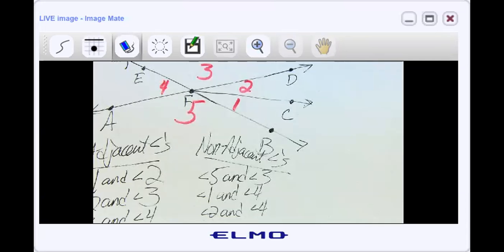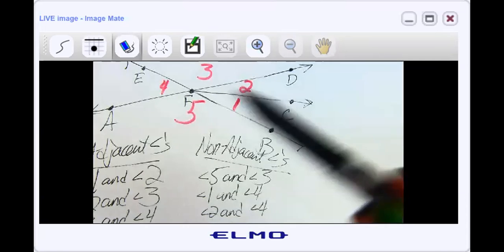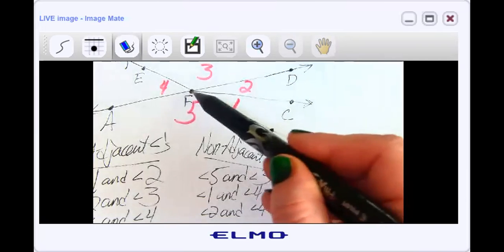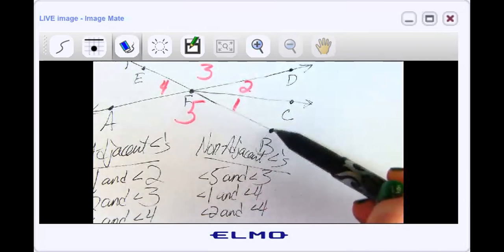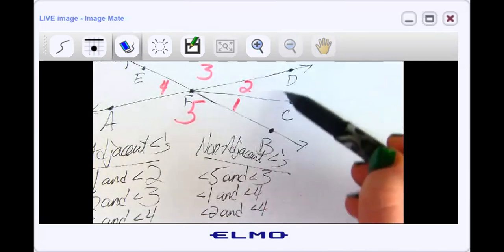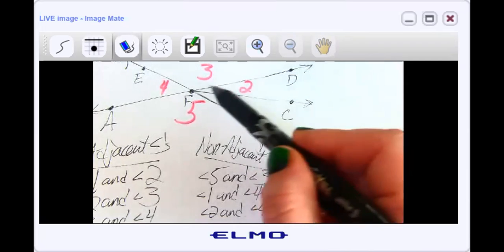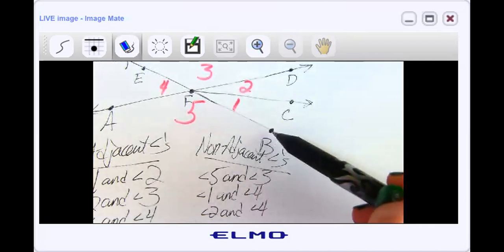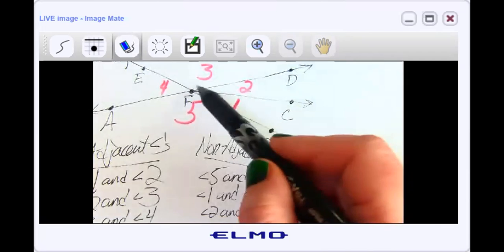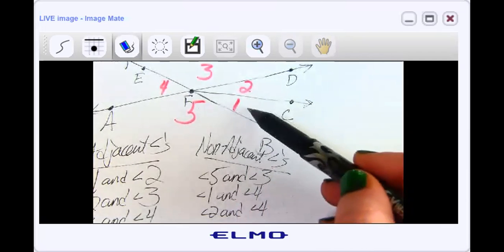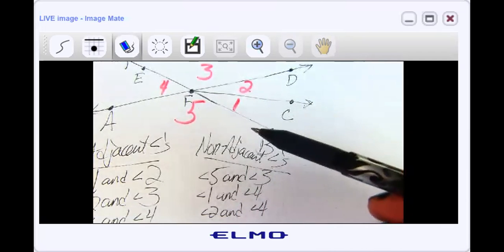For example, there's angle DFB, which is this whole thing, DFB. You see that? This whole big angle, DFB. That whole slice, that's an angle. Of course it is. So if I wanted to talk about angle DFB and angle 1, let's say, and decide if they are adjacent,